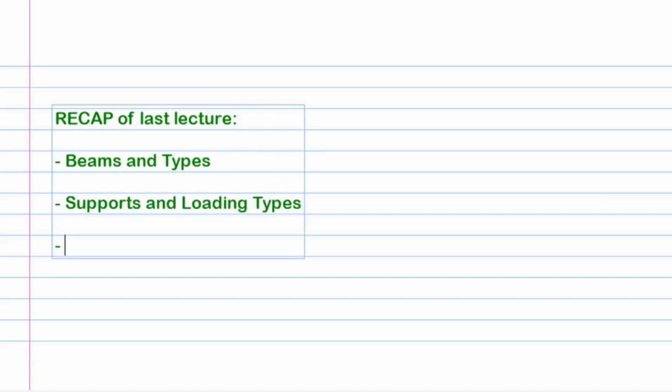Welcome. A quick recap of what was covered in the last introductory lecture. We defined a beam and saw some of its basic types. Then we learnt about the supports and loading types, followed by the resisting forces and moment developed at any cross-section